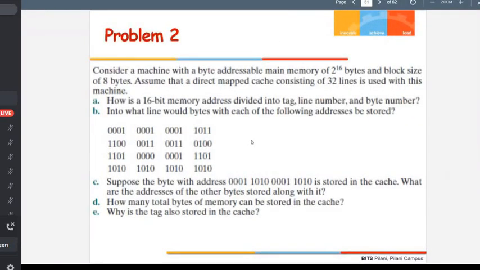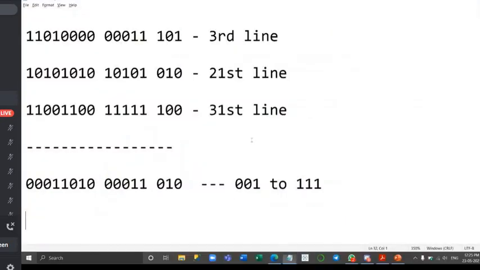Actually, that 2 to the power n minus 1 is for the decimal calculation. Like if you have 3 bits, then from 0 to what number you have to go. So that is 2 to the power n minus 1. So 0 to 7 will be the decimal values. Right. 0 to 7 will give you 8 combinations, and similarly 0 to 15 will give you 16 combinations, and so on.